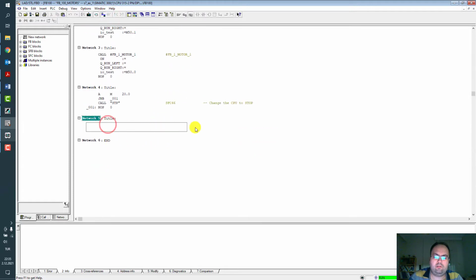So let's make some examples. Save, download, and monitor.